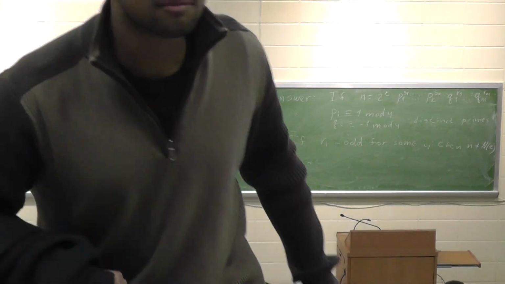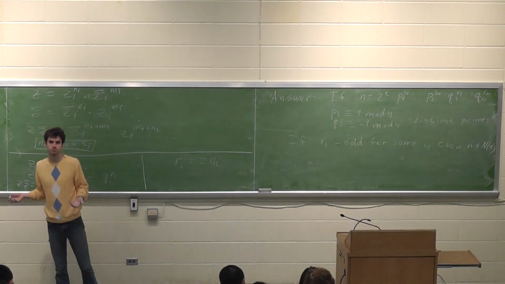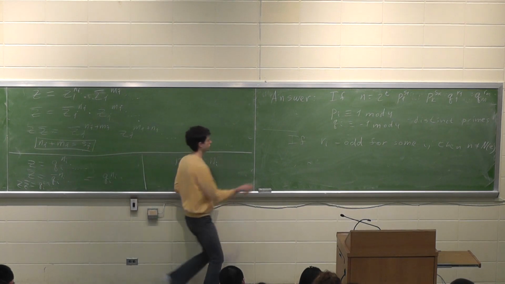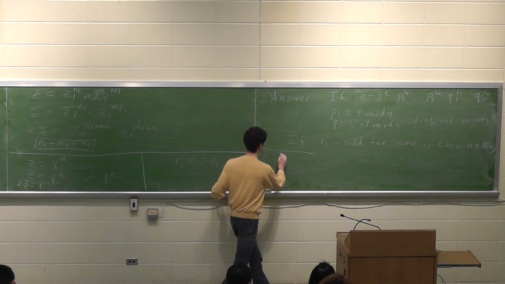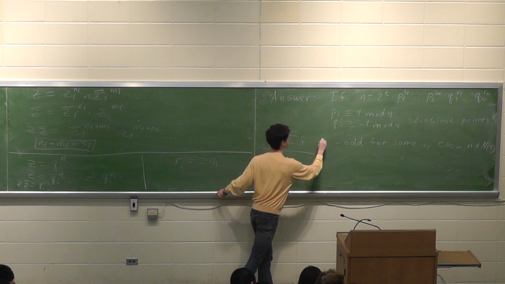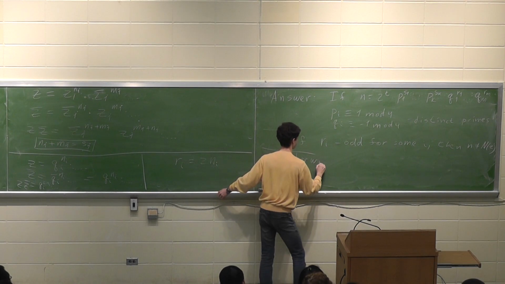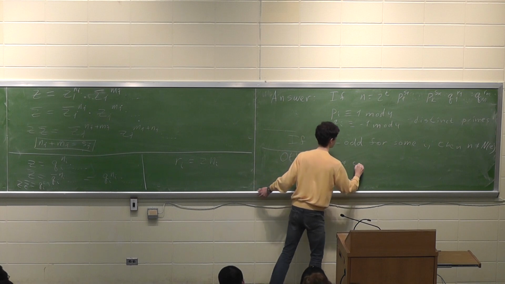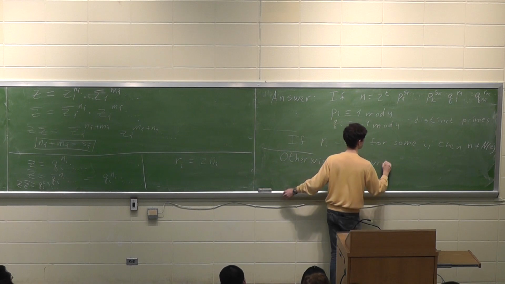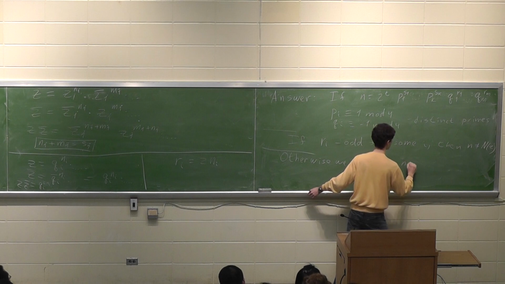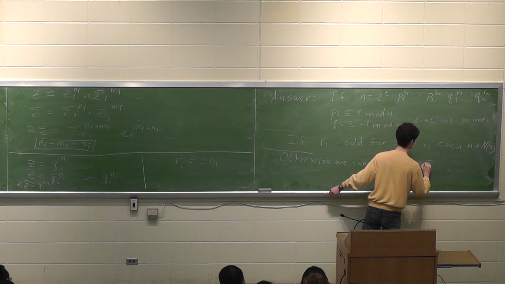It cannot be written as a product of z and z conjugate. Otherwise, we can write n as z times z conjugate